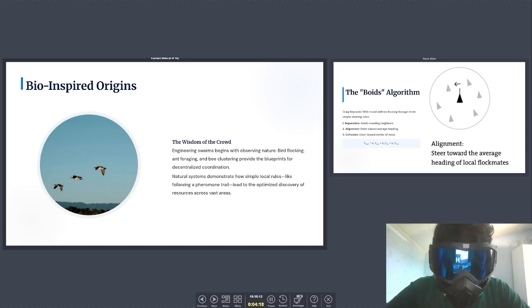Engineering swarms begins with observing nature. Bird flocking, foraging and bees clustering provide the blueprint for decentralized coordination. Natural systems demonstrate how simple local rules, like following a pheromone trail, lead to the optimized discovery of resources across vast areas. This is basically an A-star algorithm, but better, because